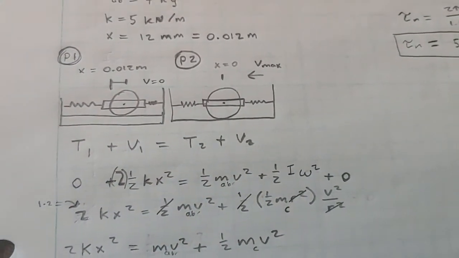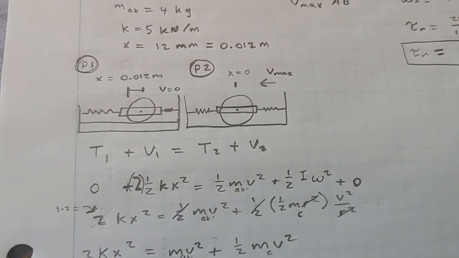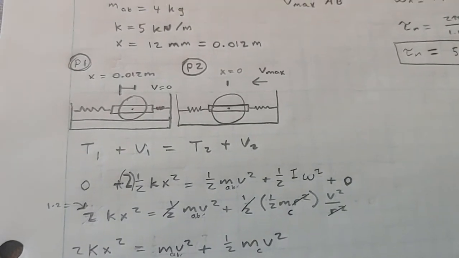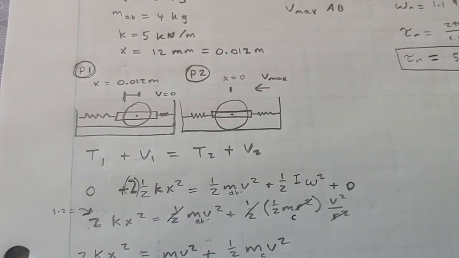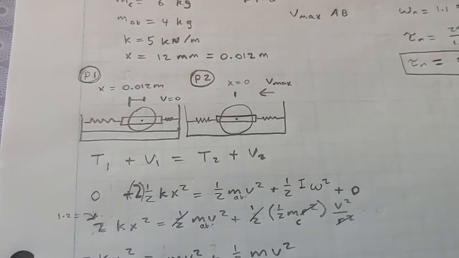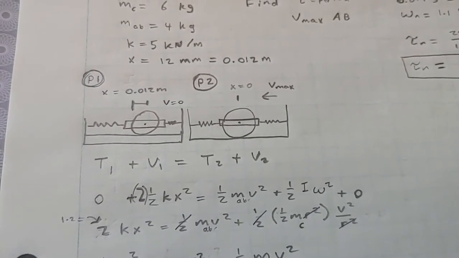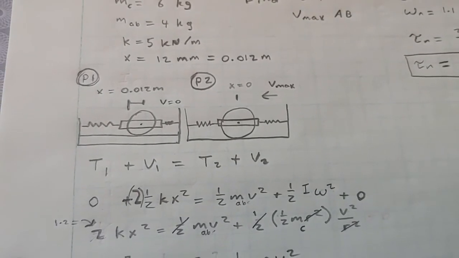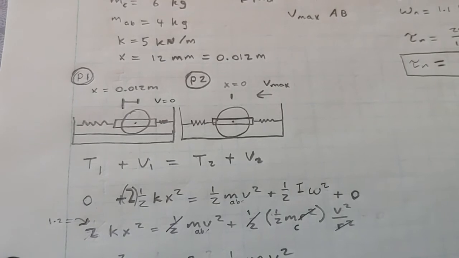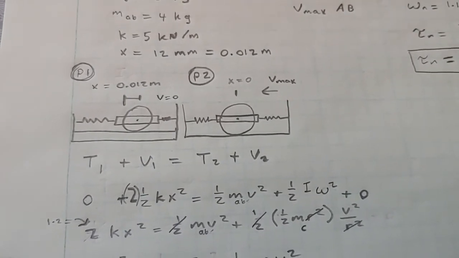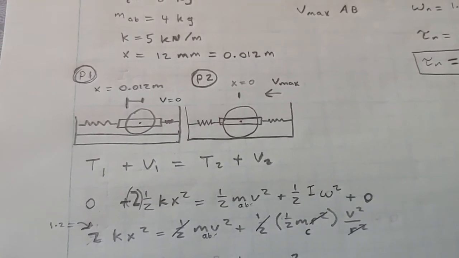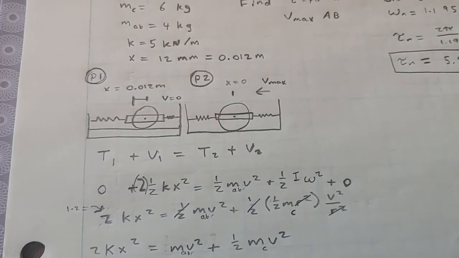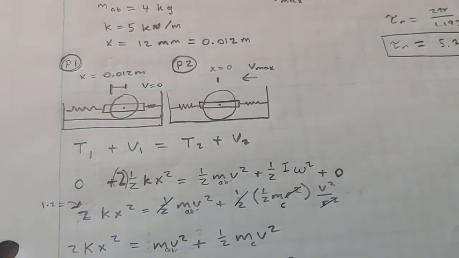So our kinetic energy 1 plus potential energy 1 equals kinetic energy 2 plus potential energy 2. Kinetic energy in position 1 is 0 because if it's being released, then you're not moving, you're holding it. If it's vibrating back and forth, the acceleration is going in the opposite direction, but the velocity is at a standstill. It just pauses for a second. So our kinetic energy is 0. Our potential energy is